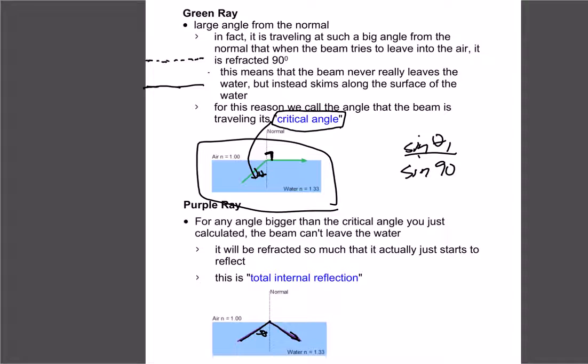We actually have hotter air right next to the surface of the road because of the heat of the pavement. And so the heat rays, or the light rays that come off the pavement, actually come up, and when they hit cooler air, they refract just like they would going from water to air or something like that. So if we're driving our car and we're at a long distance away and we're looking at this,